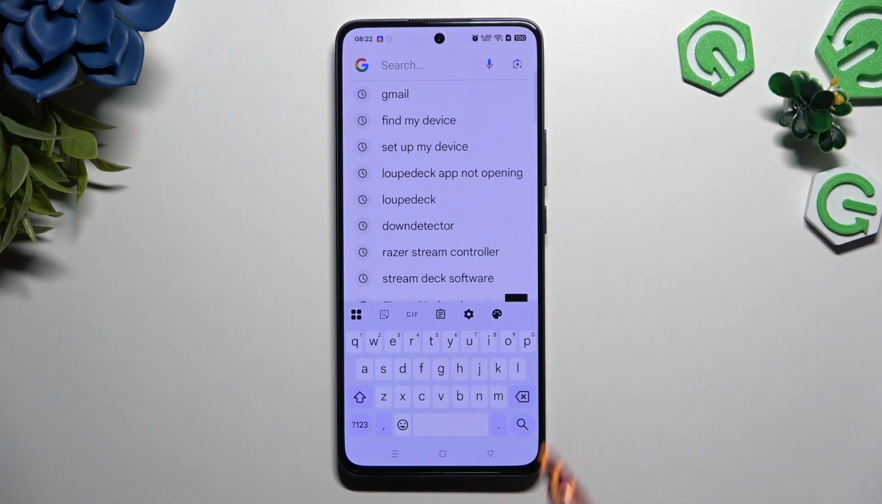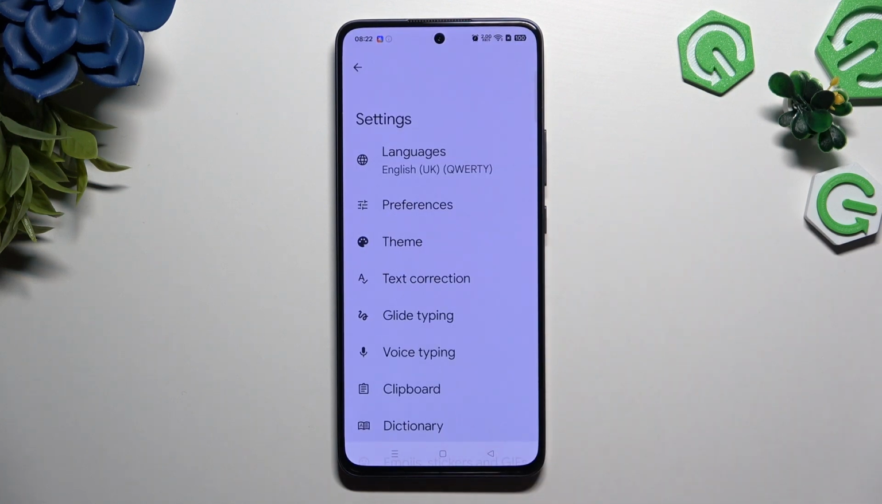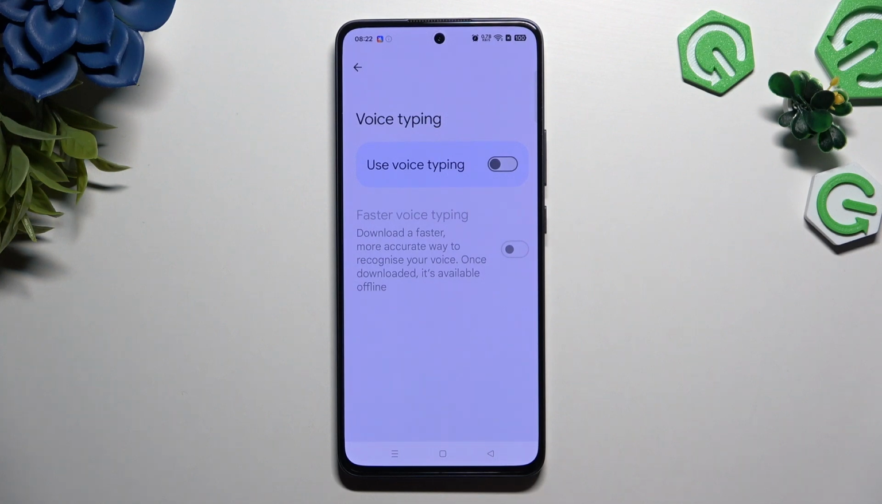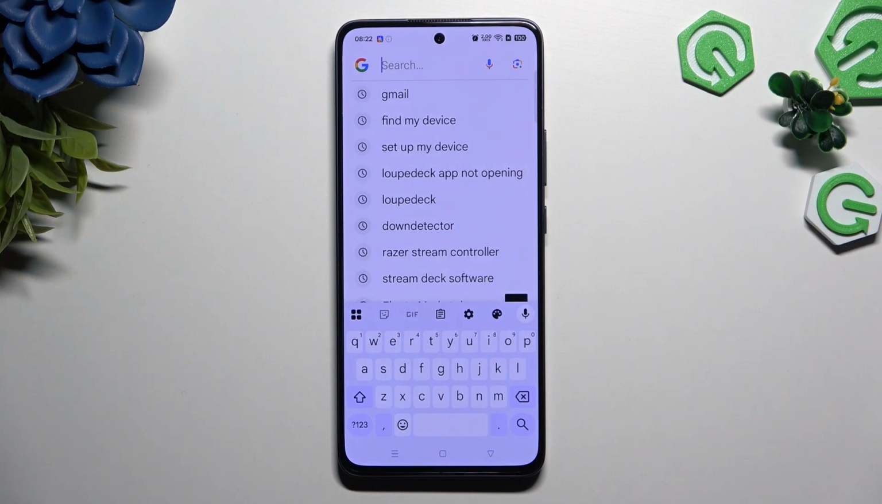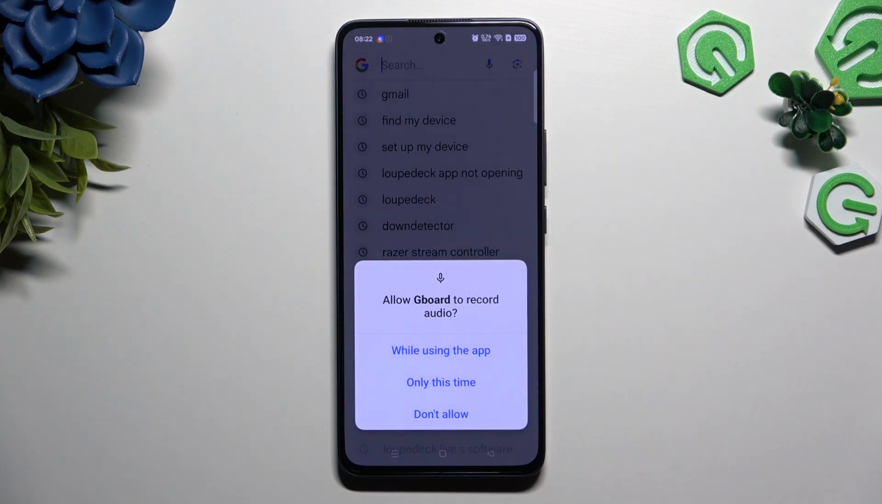If you don't have it, select this gear. Select voice typing from keyboard settings and tap on the gray switcher to activate it. Then go back to your keyboard. Now click on the finely visible microphone. Hit while using the app